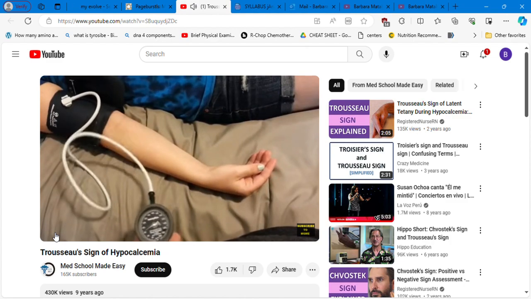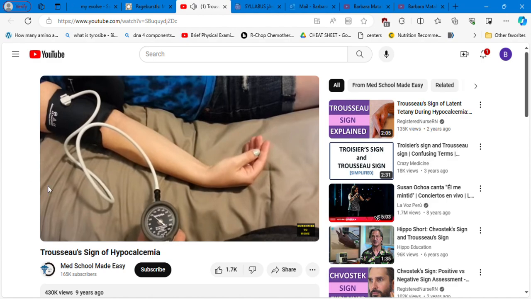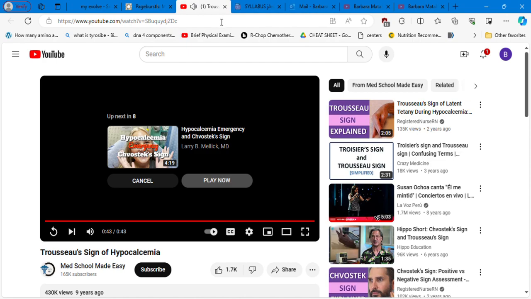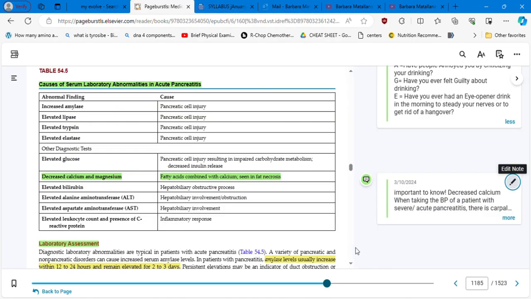As we occlude the blood vessel, notice the patient's hand turning upward and inward, in flexion and adduction. That's the Trousseau sign, okay? So